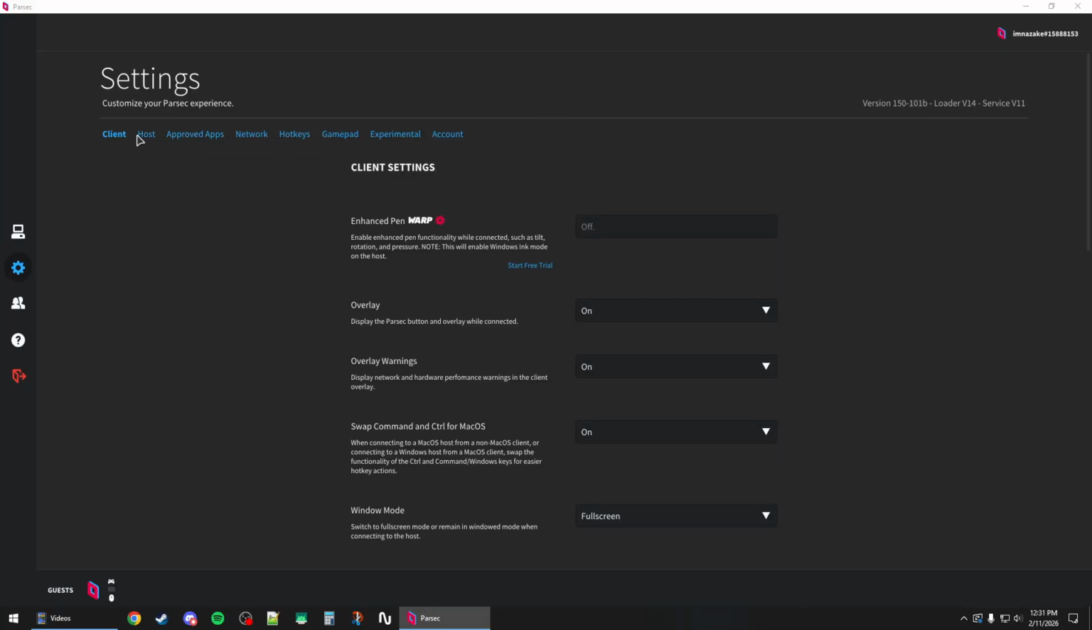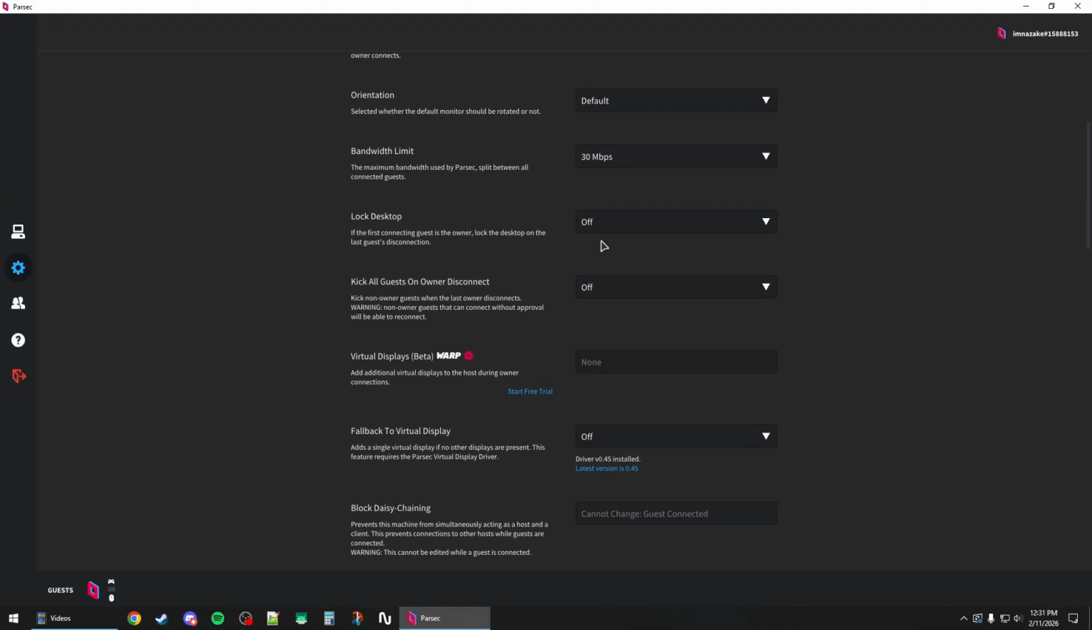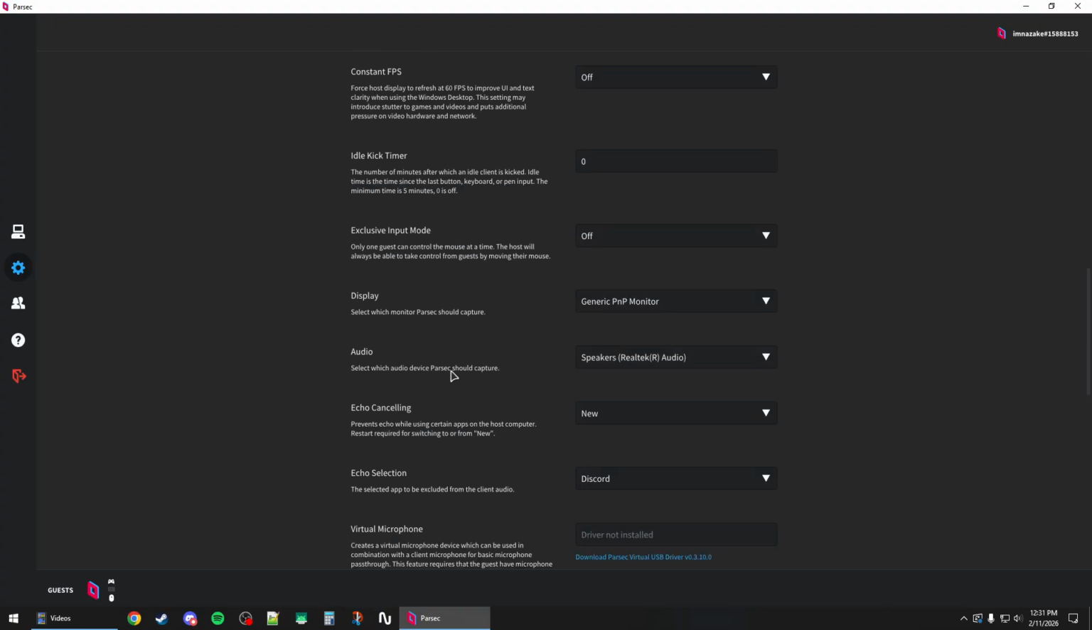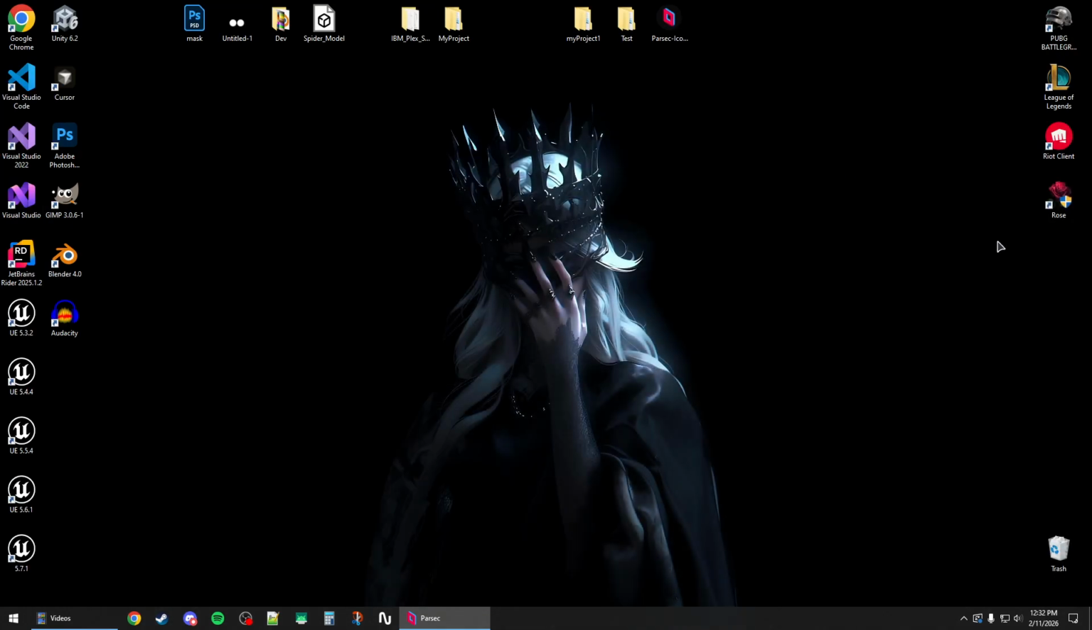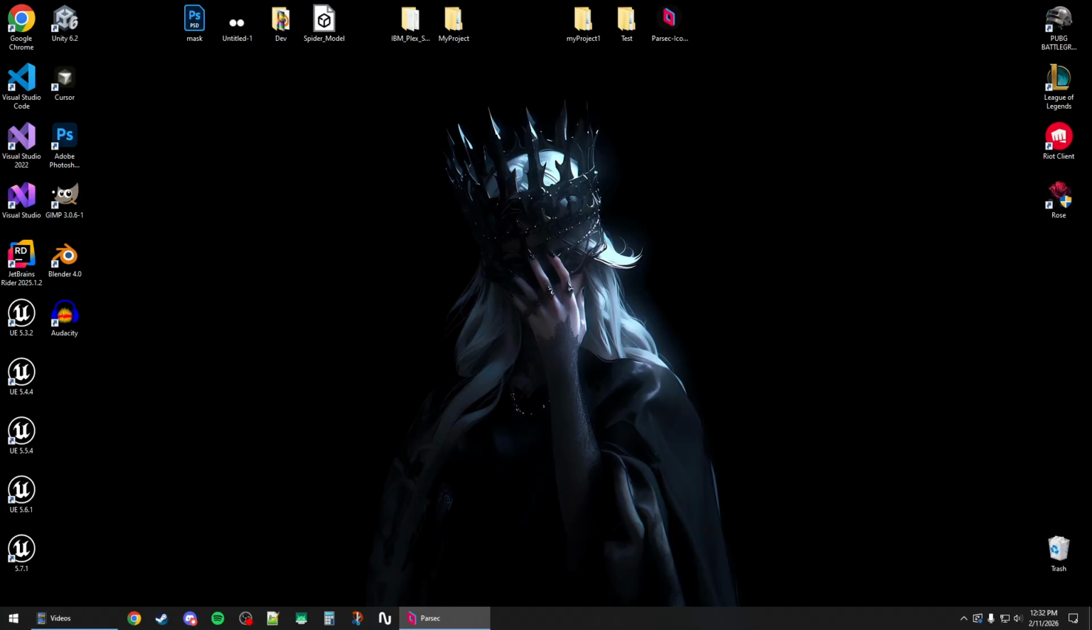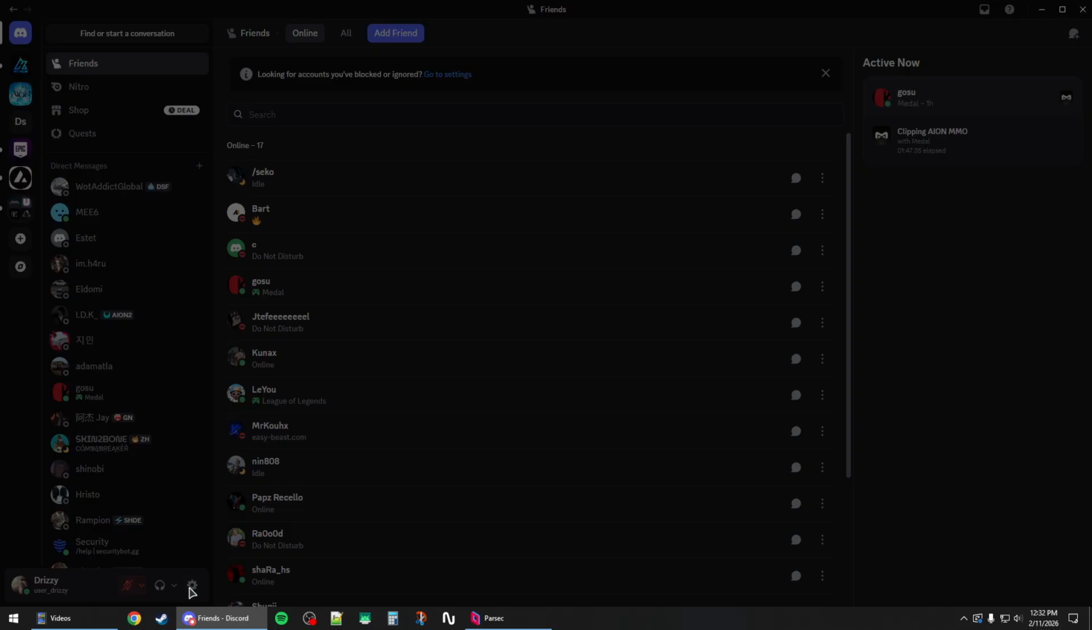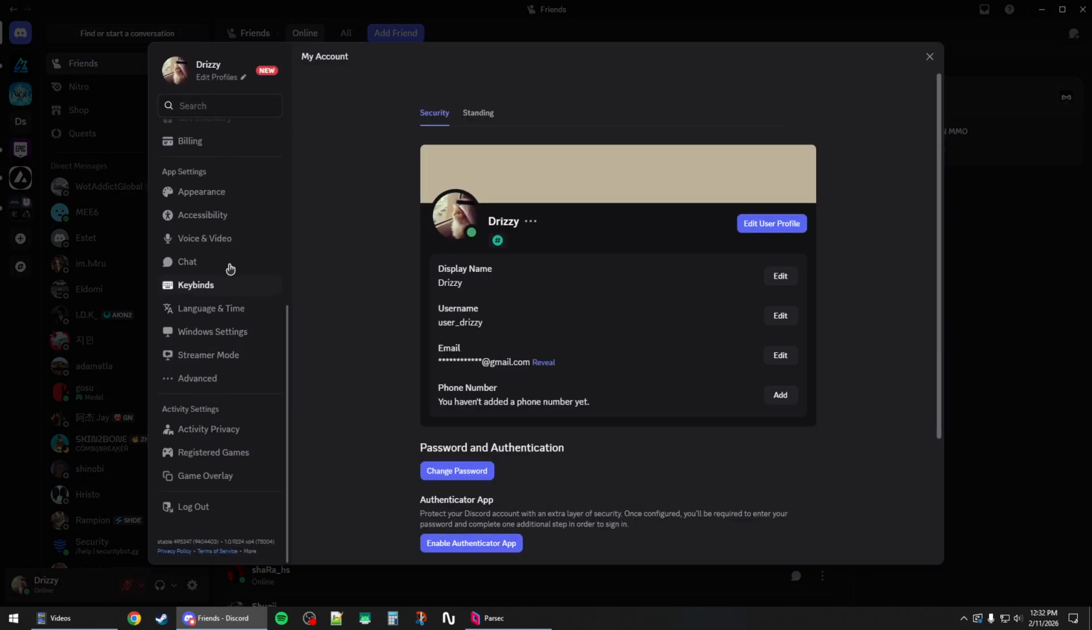Now in the settings, click on the host tab on the top here and scroll down to the audio settings and make sure you select the output device as well right here. So for example, the headset as the same one is selected in the sound settings, and then you can close out of Parsec. Now you want to open up Discord and go to user settings, scroll down and click on